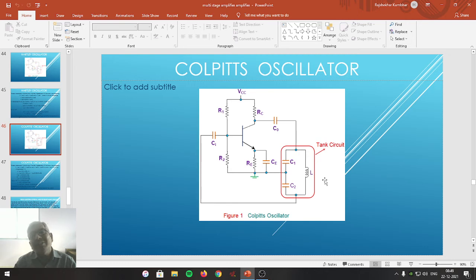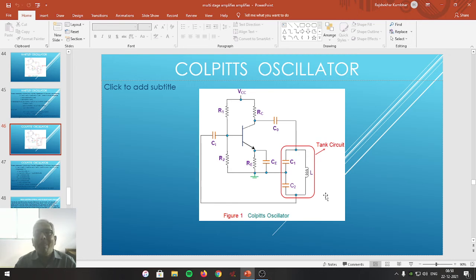And we are well aware that when the phase shift of the entire circuit becomes equal to either 0 degrees or 360 degrees, naturally positive feedback is established, which is one of the essential conditions of the Barkhausen criteria, which is going to be satisfied in the Colpitts oscillator also. Friends, this is how the oscillations are sustained and the Colpitts oscillator is made to oscillate to generate sinusoidal waves in the radio frequency range.